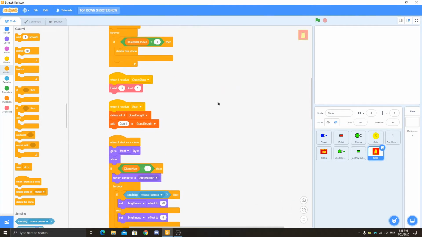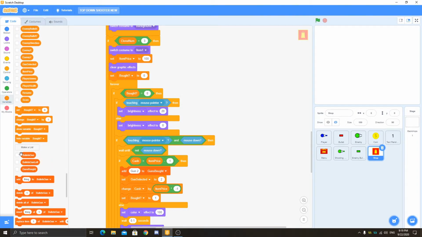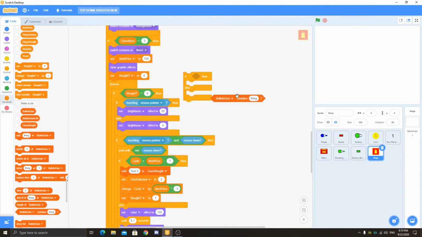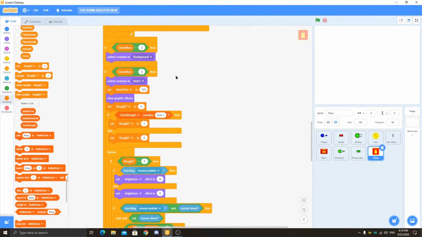So now this should work, but first we have to make sure that our bot variable will be reset, as we don't have any reference to it. So we can just make a script, and we can put if else, bullet gunspot contains the name of this. You can just put your name like gun 1, and if it contains it, it will set bot to 1, and else it will set bot to 0. And we are not resetting our list for this gunspot every time, so it will work every time.